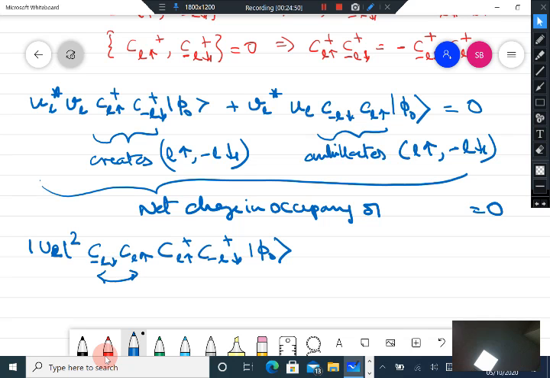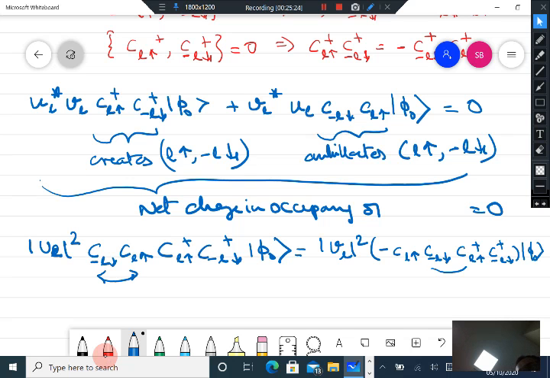So the idea will be to bring the minus L and plus L terms together. First you take the minus L, which is furthest from this, so you try to bring it close to that. So you do the anti-commutation rule, and then the above term will be equal to |VL|² into minus of CL up, C minus L down, C plus L up dagger, C minus L down dagger,